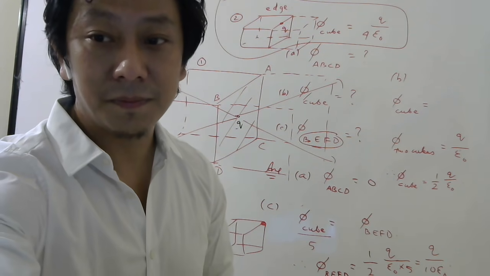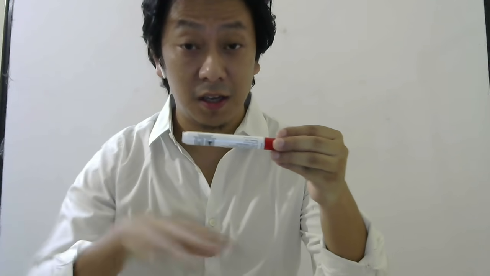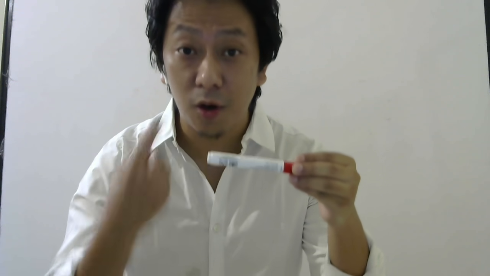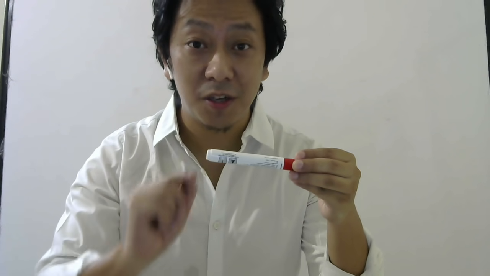Let us now start the new chapter, electric potential and capacitance. If you remember last class, in the last part of the video, I explained what gravitational potential energy is. If I ask what is the gravitational potential energy of this pen or this marker at some position, remember potential energy is energy due to position under some force. Here the force should be gravity, because I'm talking about gravitational potential energy.